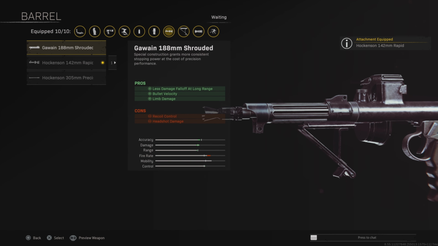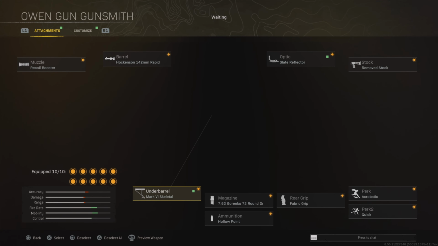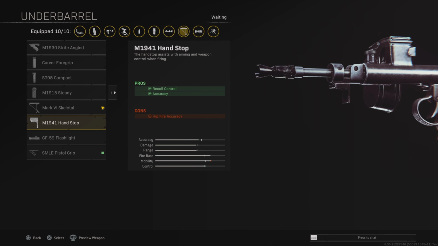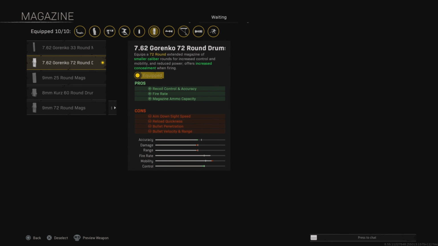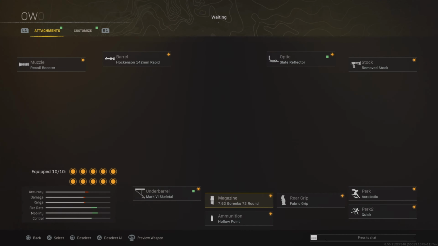I'm not sure why I had the Shrouded Barrel on. It should be the Rapid Barrel. But the Rapid Barrel is going to increase the fire rate again, making this thing kill very quickly. We're then going to be using the Mark VI Skeletal Stock, or if you want, because this weapon does have a little bit of kick to it, you could use the Hand Stop if you want a little bit better accuracy. We're then going to be going for the 72 Gorenko magazine, controlling the accuracy and the fire rate,